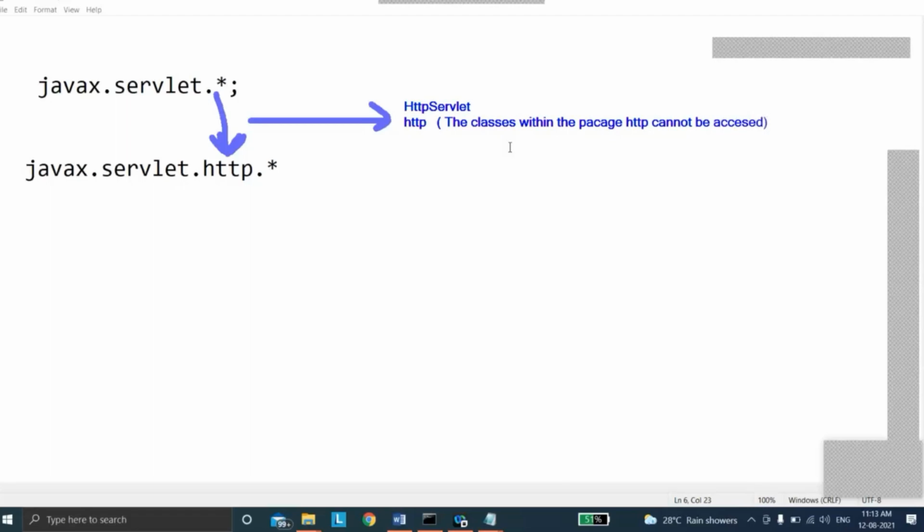Okay, when I use the next one, when I use this, I can say that all the classes within the http package